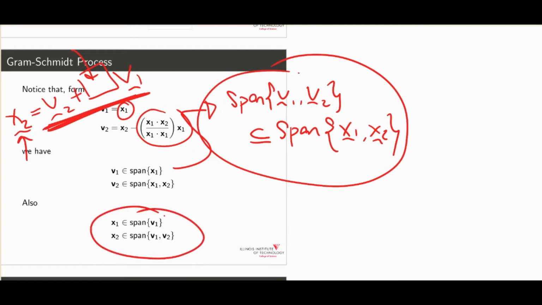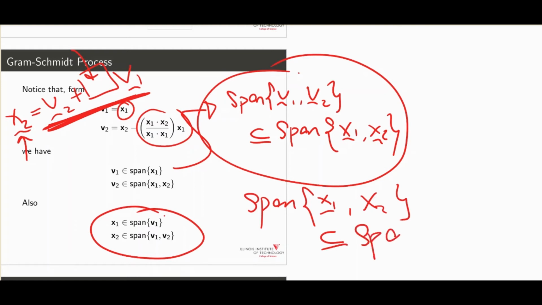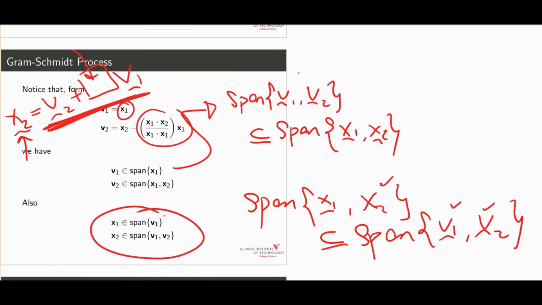So once we have this, we will be able to see that the span of vectors x1 and x2 is a subset of the span of the vectors v1 and v2. Why is that so? Because x1 can be written as a linear combination of v1, okay? x2 can be written as a combination of v1 and v2. So all the linear combinations of x1 and x2 can be written as a combination of v1 and v2. So because of this,